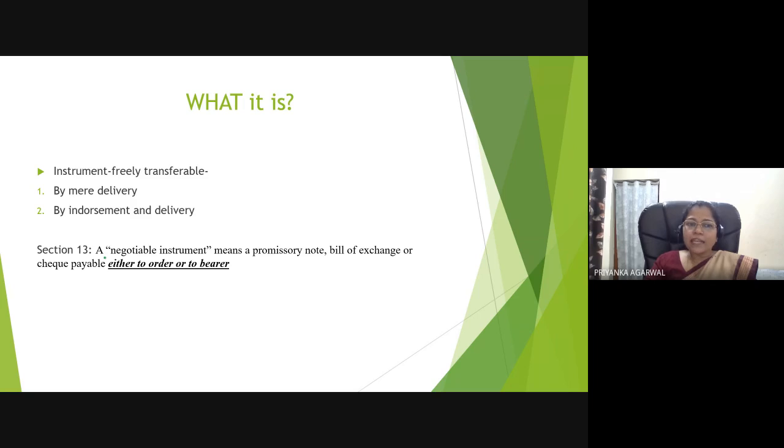But if you have seen a cheque, if you give a self cheque, then it is a bearer cheque, right? So it is a bearer instrument, and bearer instrument means anybody who is holding that instrument can receive that amount from the bank. So bearer means any person who is holding that instrument can receive the money. But if the instrument has a specified person's name mentioned, then either that person can receive that amount, or he can endorse it.